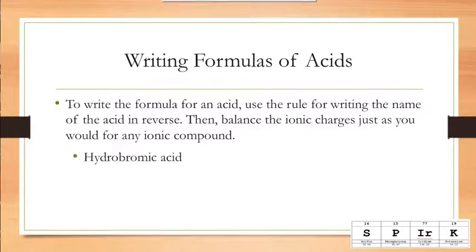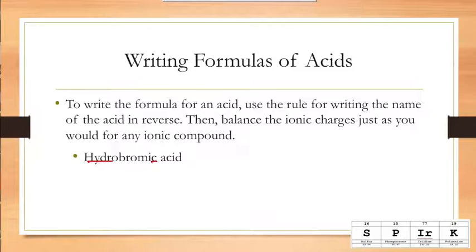So for hydrobromic acid, we see the prefix hydro and the suffix -ic, right? And we can see that our stem is brom, which is bromine. So we know that this is going to follow rule number 1 because of the hydro and the -ic. Since our anion is bromine, which we know is called the bromide ion,